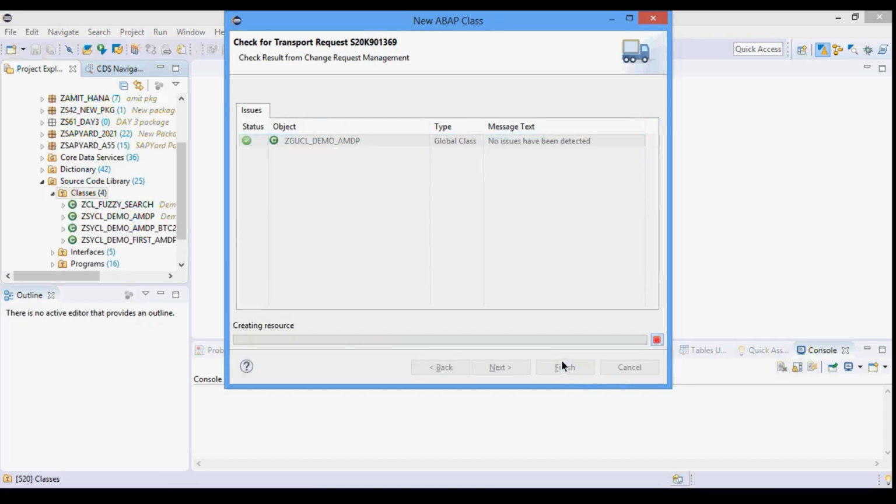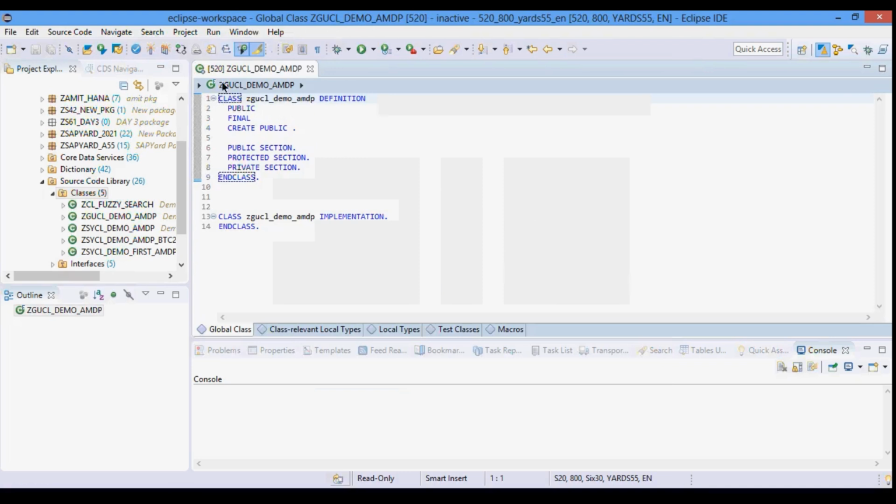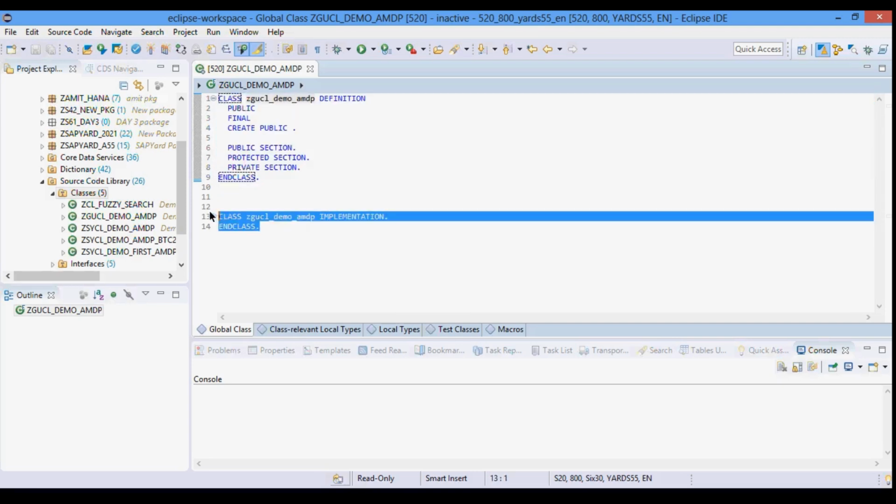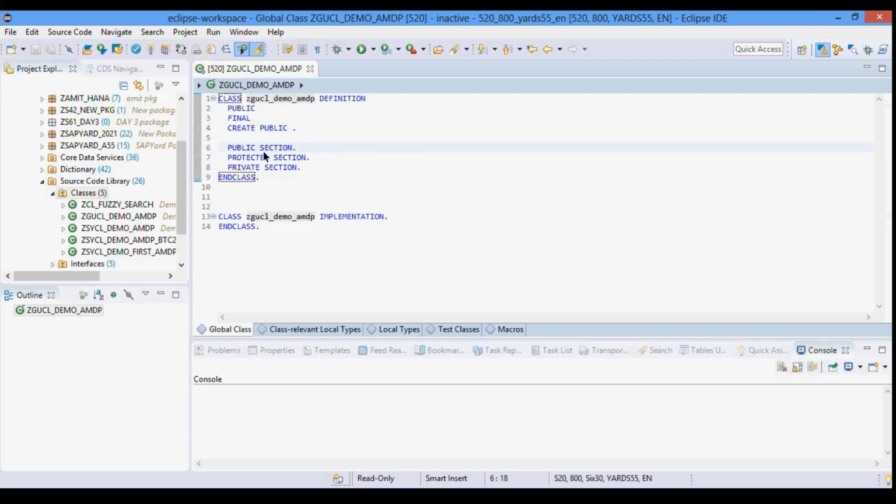It is very easy to create. We have created this global class, zcl_demo_amdp. This is my definition part and this is my implementation part, and these are its sections: public section, protected section, and private section. We will make use of the public section for our demo purpose.